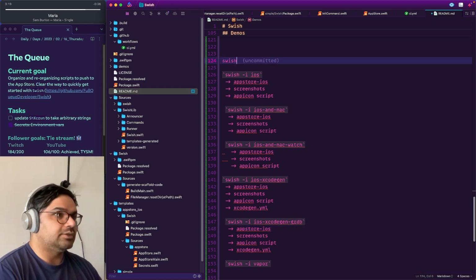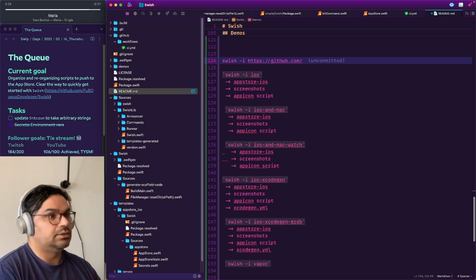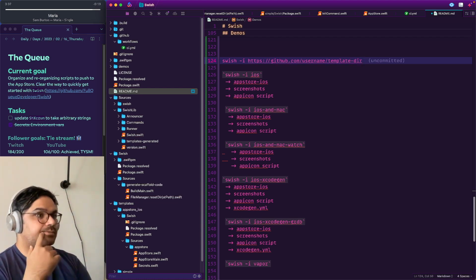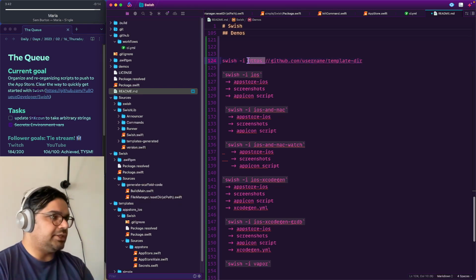Like if we say swish-i and then point it at a GitHub library, github.com/username/template, something like that. So it could have two built-ins, but if it starts with HTTPS,